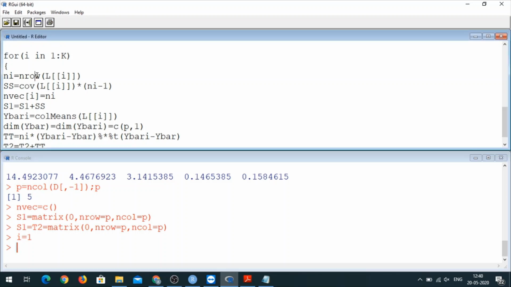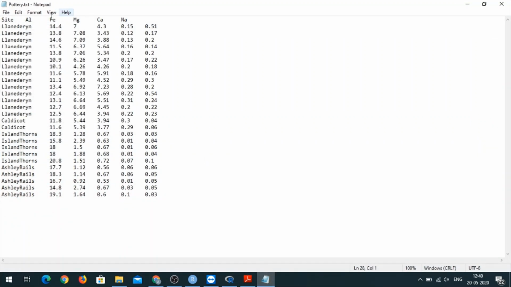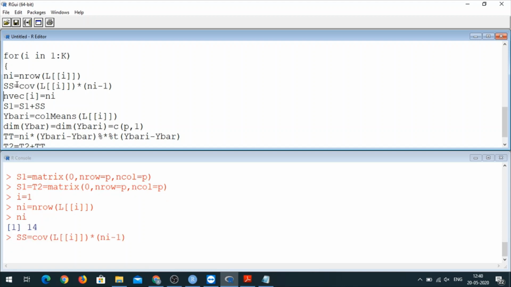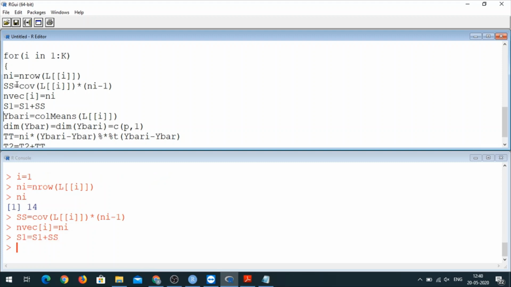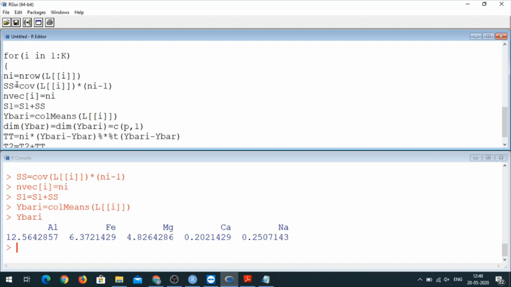So for I equal to 1, what is my Ni? 14. So for the first site, let us check. Yes, 1, 2, 3, 4, 5, 6, 7, 8, 9, 10, 11, 12, 13, 14. So for the first site there are 14 observations. So we compute this CSSP matrix for the first site. Then it gets added. Then this is the mean for the first site.